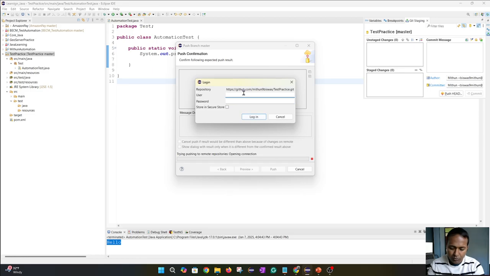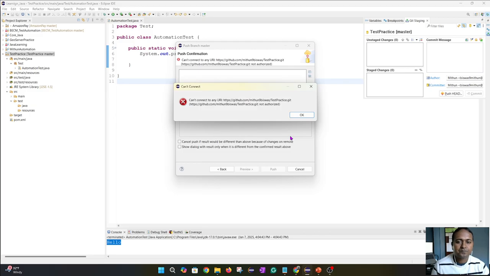And again I have to put it for verification purposes, and then login. So now we are trying to push this code, but we are getting this error, which is